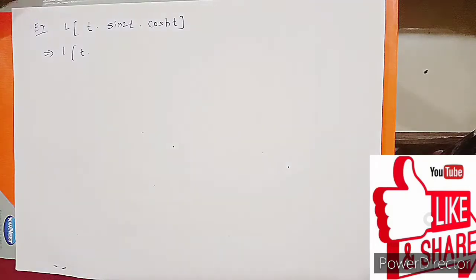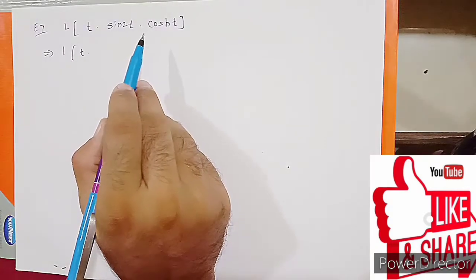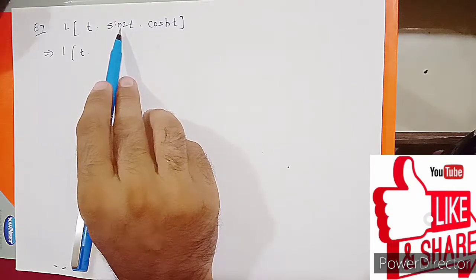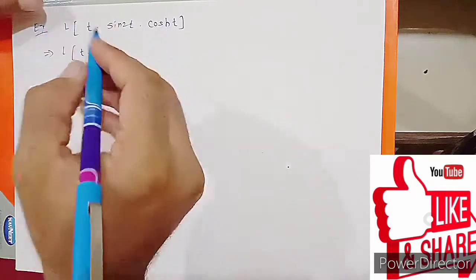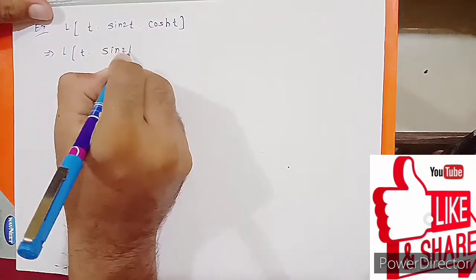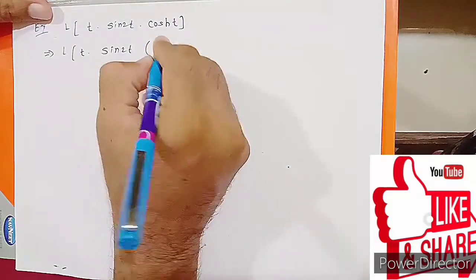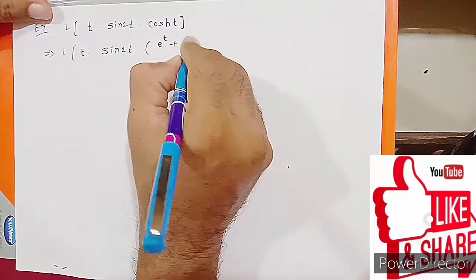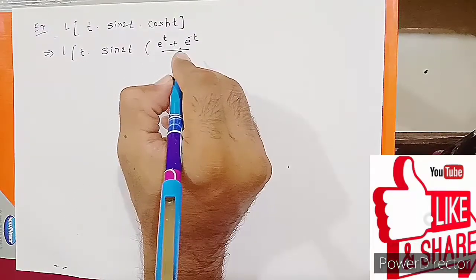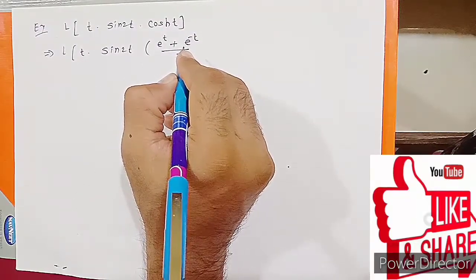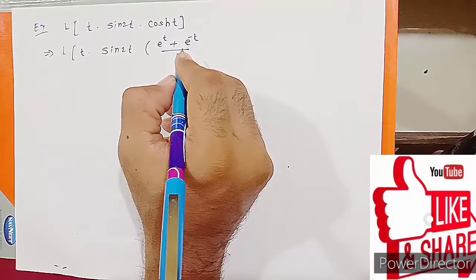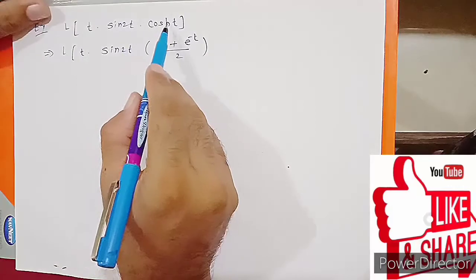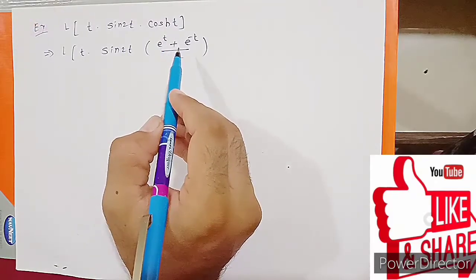So multiplication of t is as it is, because we want to simplify the f of t, which has one term in simple form and one term in hyperbolic form. So what is the replacement of hyperbolic? We already discussed it. Cos hyperbolic t is replaced by e raised to t plus e raised to minus t divided by 2, right guys? So the replacement is simple. When there is a cos, we put plus here, when there is a sine we put minus here. So here a is 1, that's why we are putting it as it is.